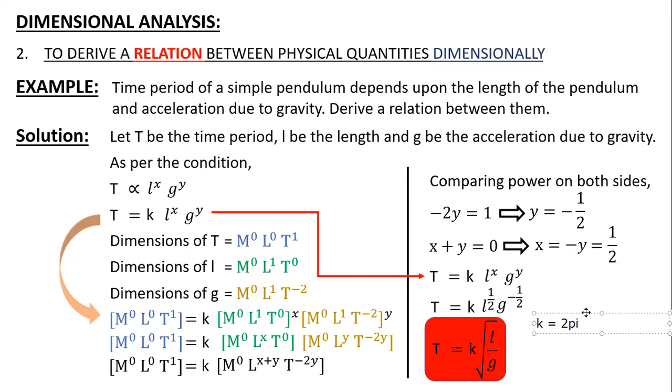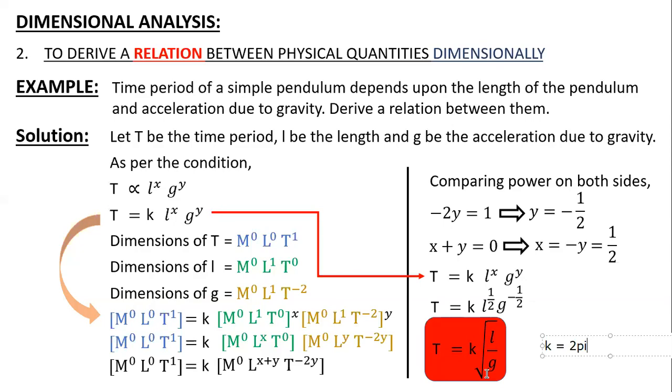This is the formula we have for the time period of a simple pendulum. Using dimensional analysis, we cannot get an exact formula, but we can correctly say the relation between the quantities. If you had played the game, in the second part of the game, you might have seen they are given certain depending factors for the time period of a pendulum. The time period depends directly on the square root of length, and inversely on the square root of g,